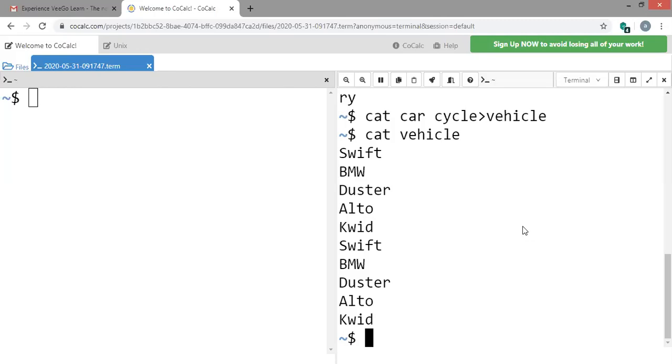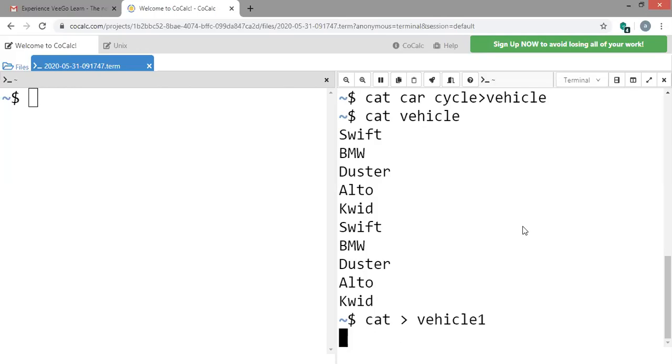to another file. So now what I do is I'm going to create one more file called vehicle 1. I'll press Ctrl D. Now it is empty. Now I have to copy the contents of the file called car into vehicle 1. So I'm going to make use of cp, which is a command we use.